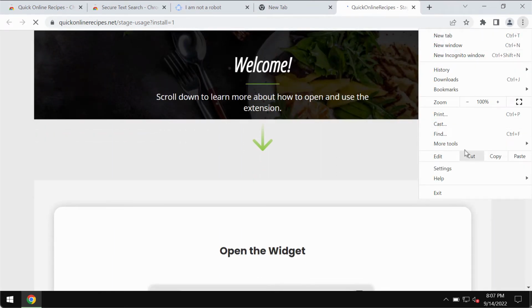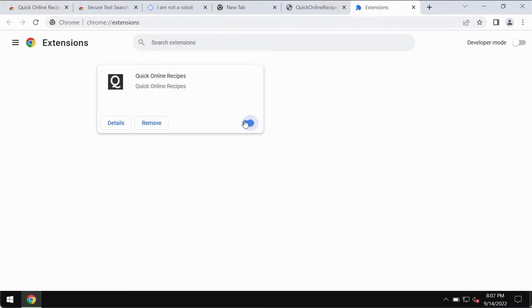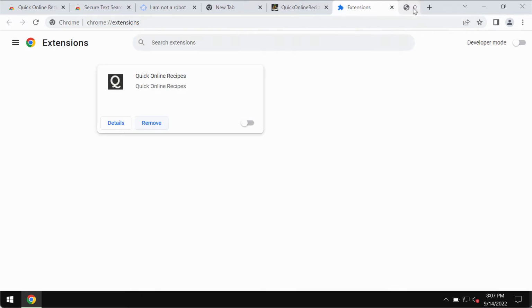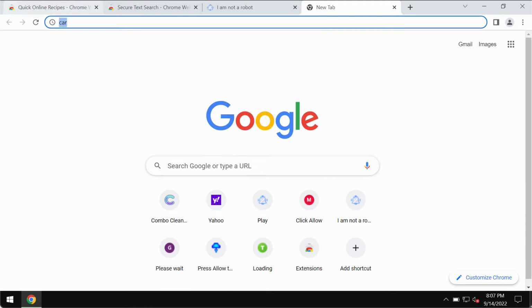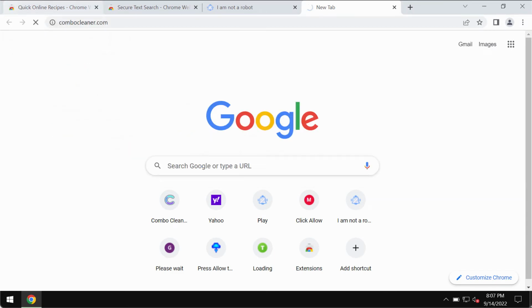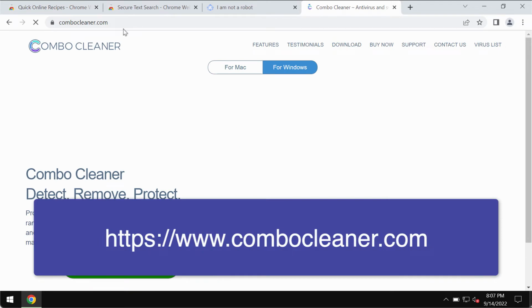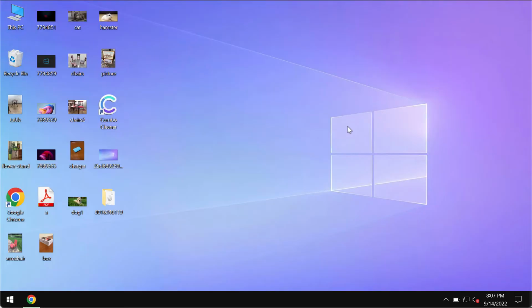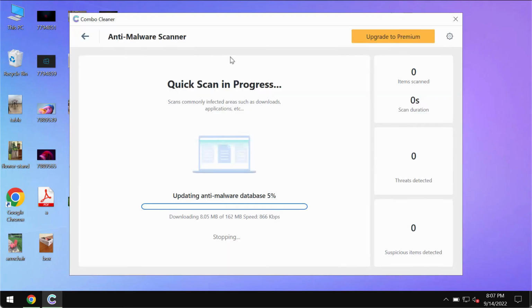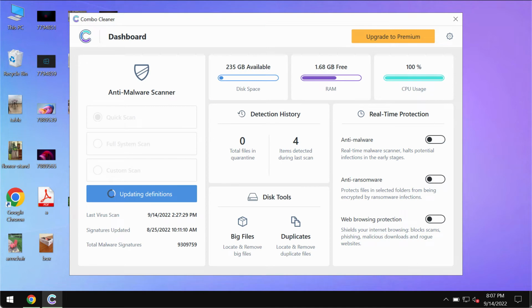So, access the menu of your Chrome, go to More Tools, then Extensions, disable and remove this extension from your Chrome. Finally, I would also recommend that you thoroughly research your computer with Combo Cleaner Antivirus. Please get it on the page combocleaner.com, use this green download button, install the application, and start researching your system